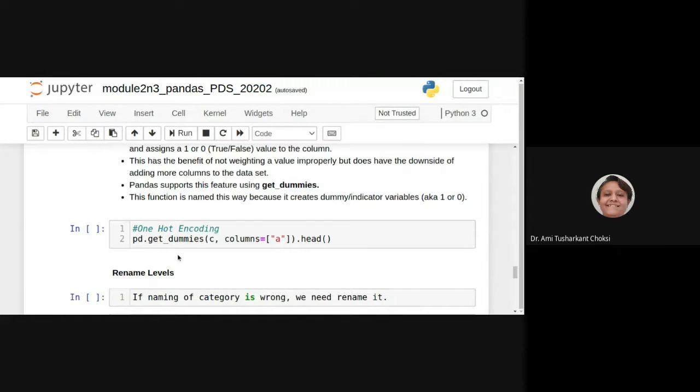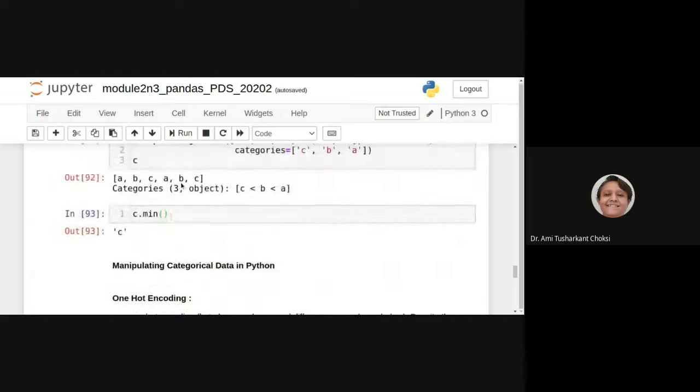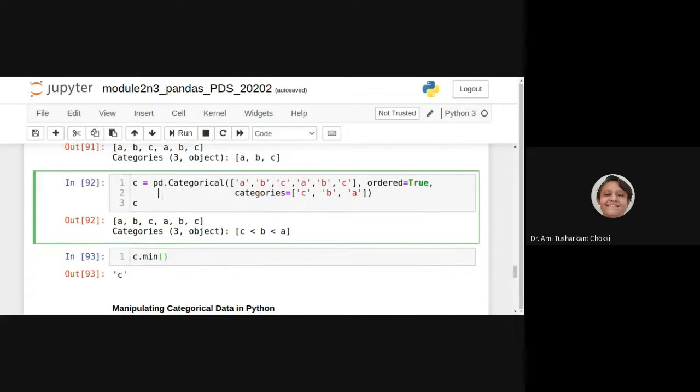This function is named this way because it creates dummy indicator variables, also known as 1 or 0, right? Let's see pd.get_dummies. C, what is C? That is what we have already created, our categorical variable.